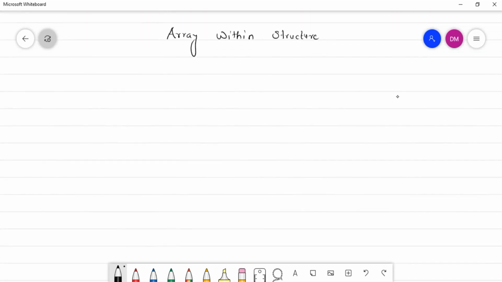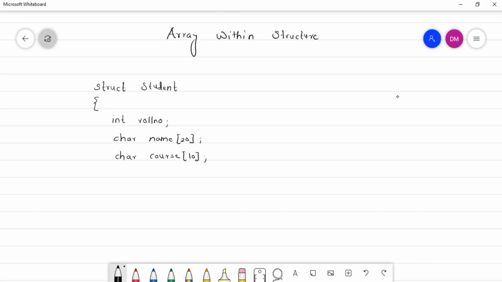Now assume that I have a student structure. Say struct student, and I want to store the student's details like roll number, so it will be of type integer. His or her name, say of type character array. Then, say I want to store the course or standard, whatever, so let us call it course, of size 10.